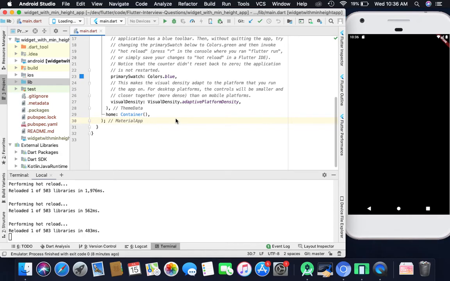Today we are going to see how to set minimum height to a widget. This is a very common thing that comes up in the day-to-day life of our development. But I found that in Flutter there is no documentation available which explains the concept in short. So now I will try to explain it as briefly as possible. This is one of the interview questions where people ask how to set minimum height to your